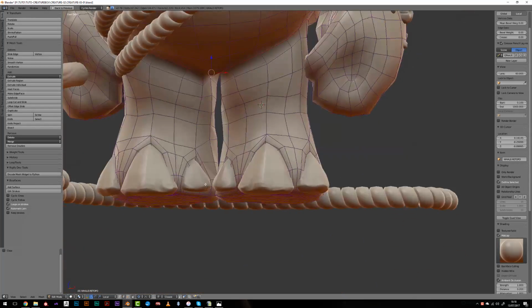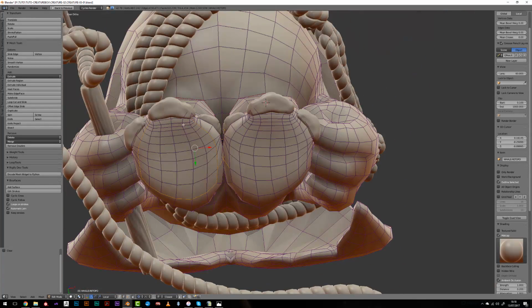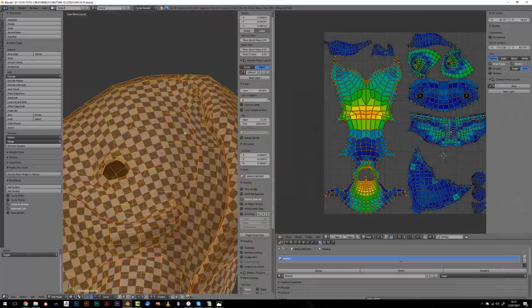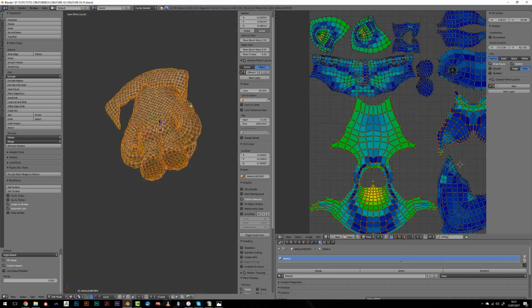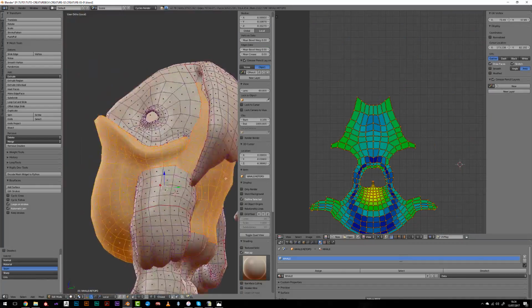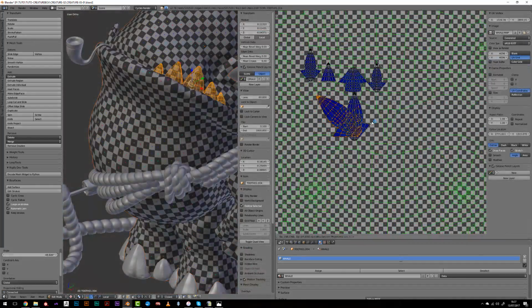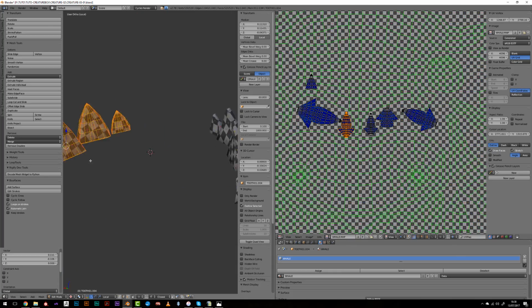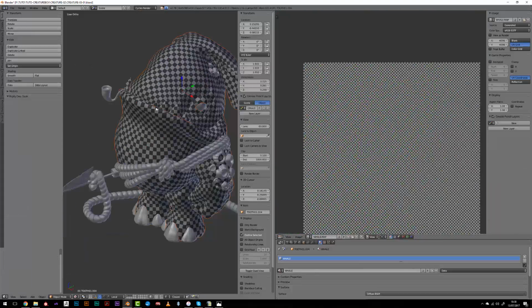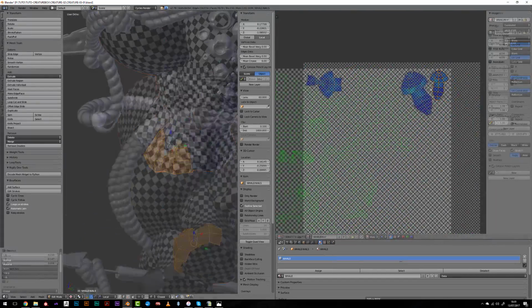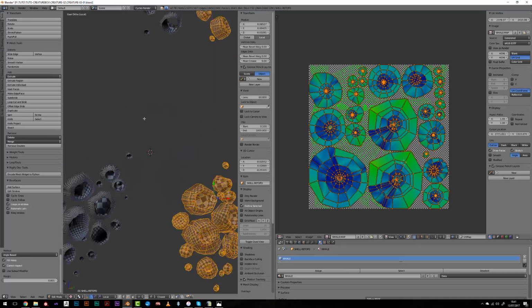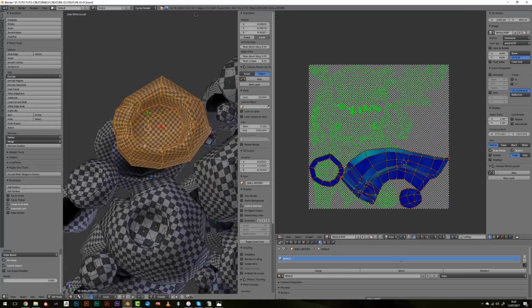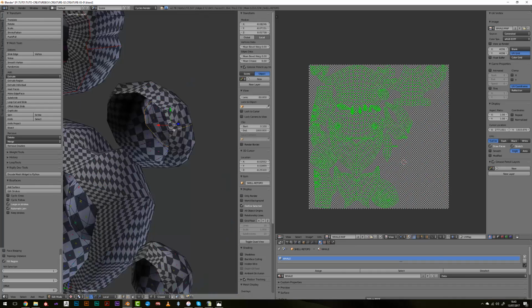It was now time to create my UVs, so I've done it quite as usual, separating the different parts of the body, the arms, legs, some parts of the face, trying not to show the seams that much, but I'm not worried about it. Generally, when you go with painting and use the bleeding tool and stuff like this, you don't see the seam afterward.